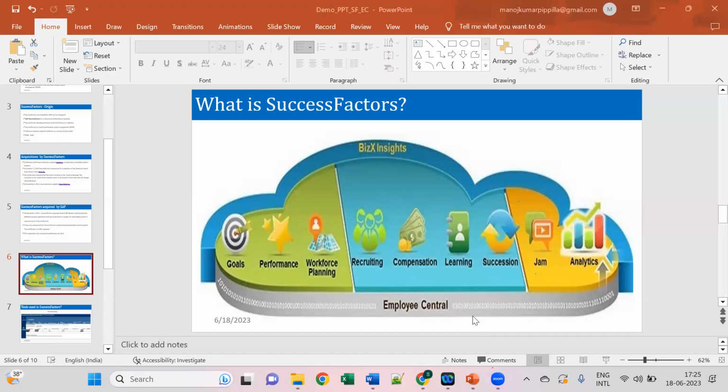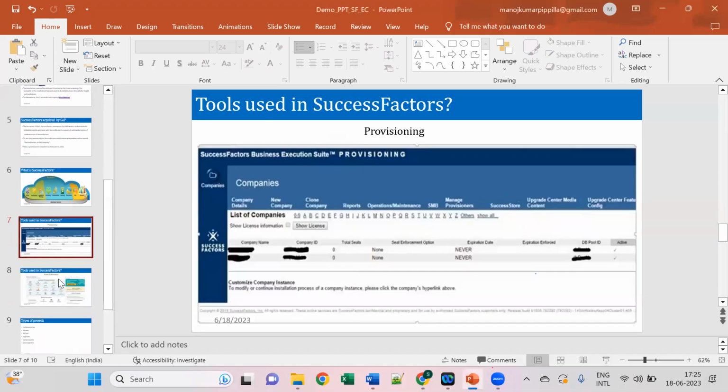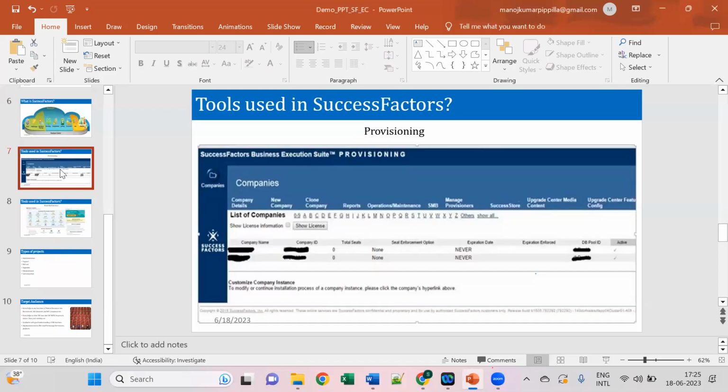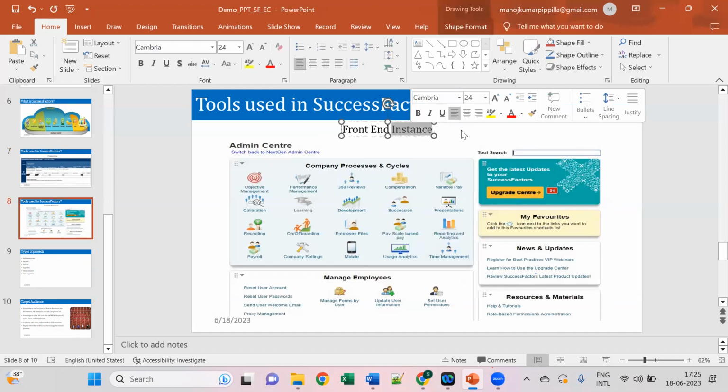Within this Employee Central, there will be two different types of systems. In a simple way, I can say, we know we have a bulb in anyone's house. If you want to switch on that bulb, we need to turn on that switch, right? Likewise, there are many functionalities which are provided by SAP, and all the functionalities will be available in the system called instance. If you see here, there will be two different types of systems.